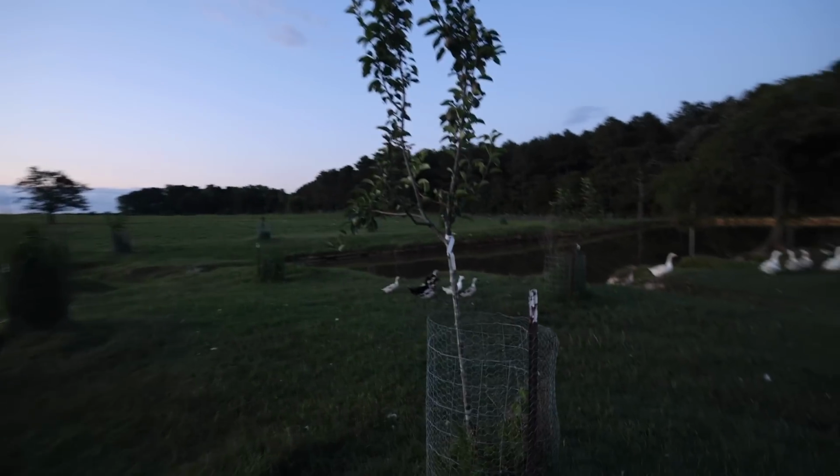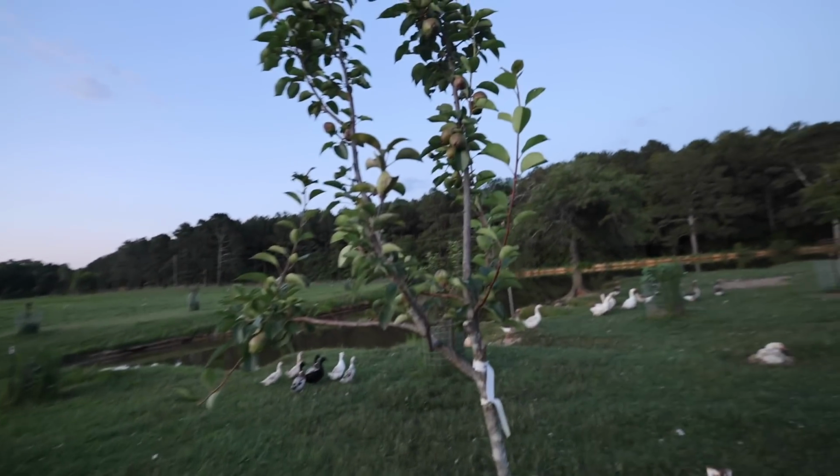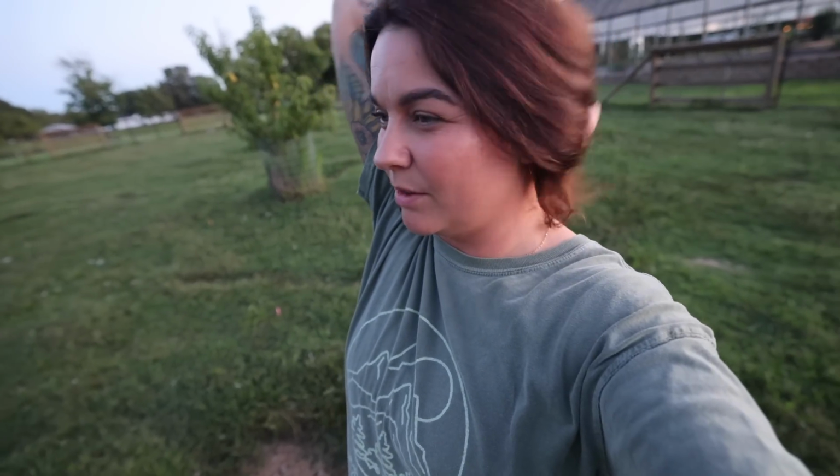This is a pear tree, and it's not looking great. A lot of times when I'm trying something new, and I know I don't have the capacity to become an expert in it right away, you can research a lot of things and really get your head around them and then start. Or you can research it enough to know how to start and then figure it out as you go. And that was sort of my